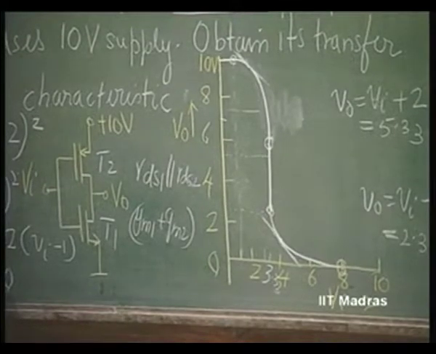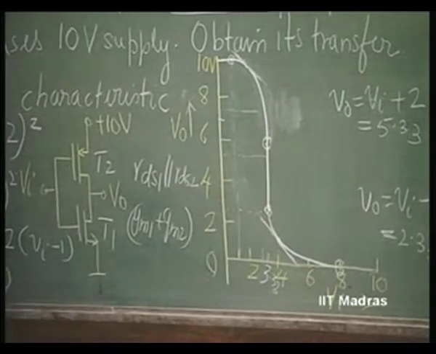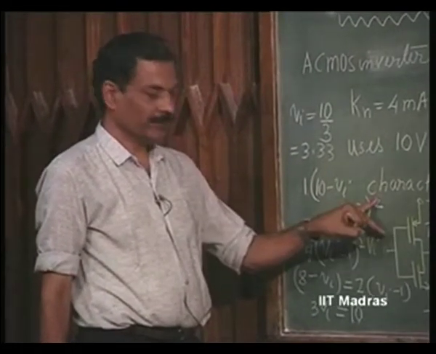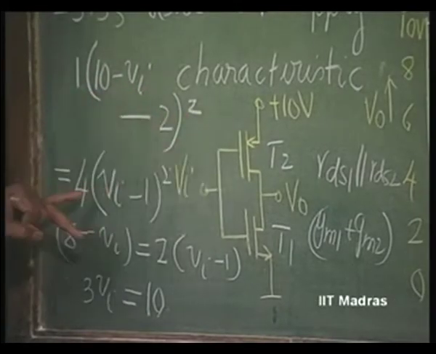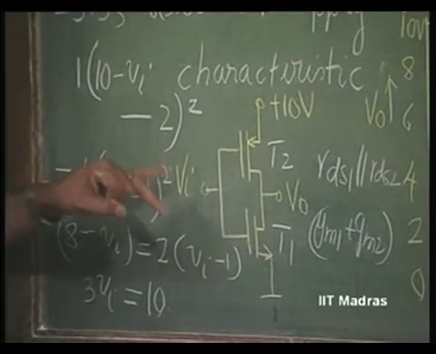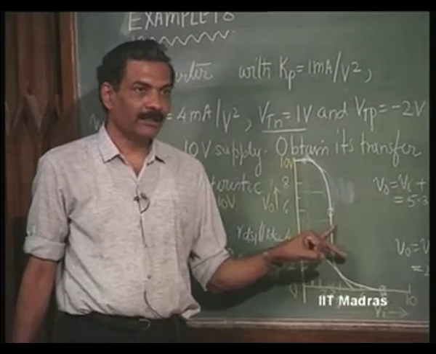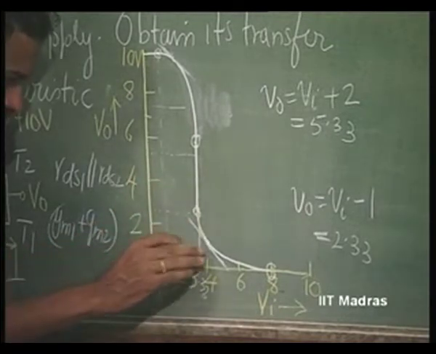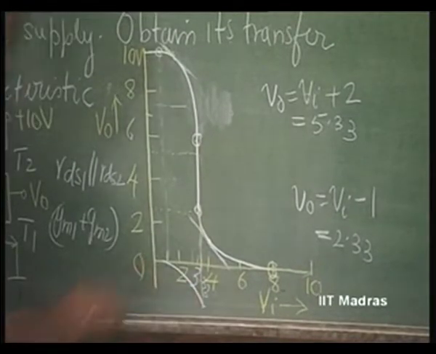You can see that the current under this situation is given by 1 into 8 minus 2 whole square, or 4 into 8 minus Vi whole square, or 4 into Vi minus 1 whole square, with Vi equal to 3.33. That is the maximum current that will flow in a CMOS inverter, and gradually it will go to 0 on either side. This is the point where the current is maximum. We will say current plot. The value of this is